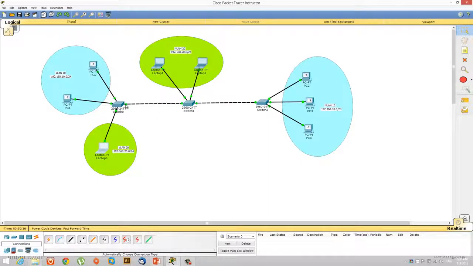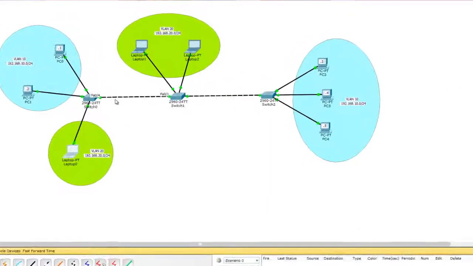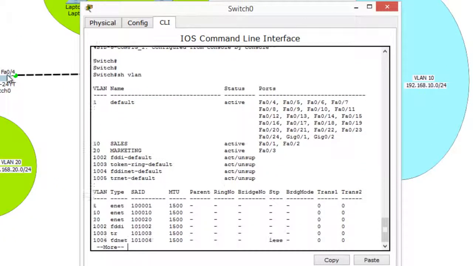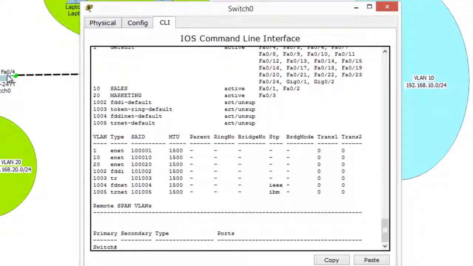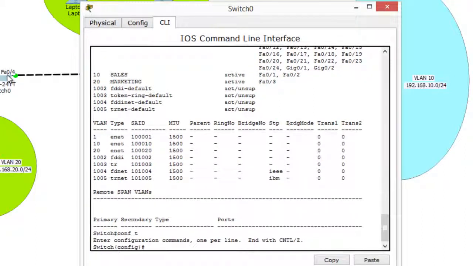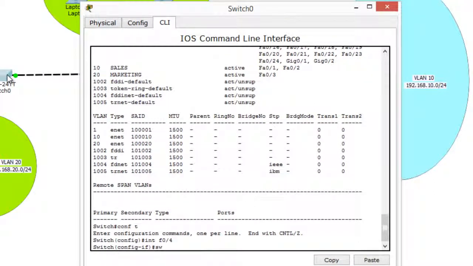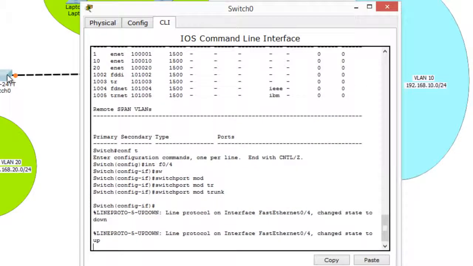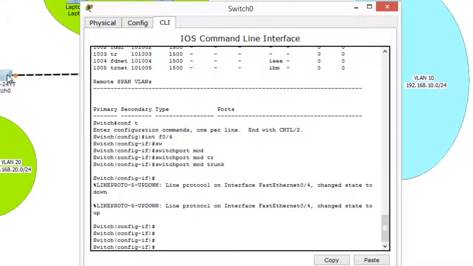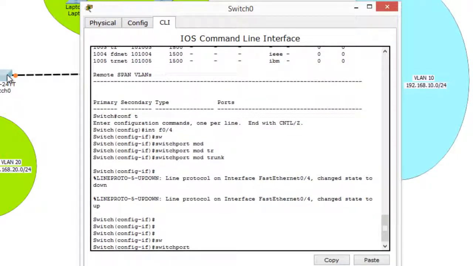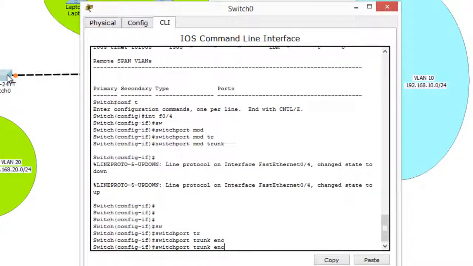So I'm going to go here. This is FA0/4 and FA0/1. So in this switch, FA0/1 is a trunk. So I'm going to go here. I say config terminal, interface FA0/4, switchport mode trunk, right? And in older switches, you had to give one more command saying switchport trunk encapsulation dot1q, but newer switches